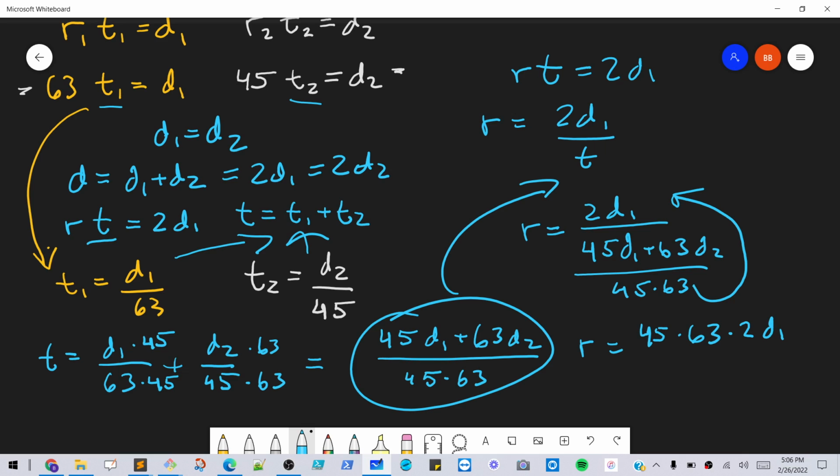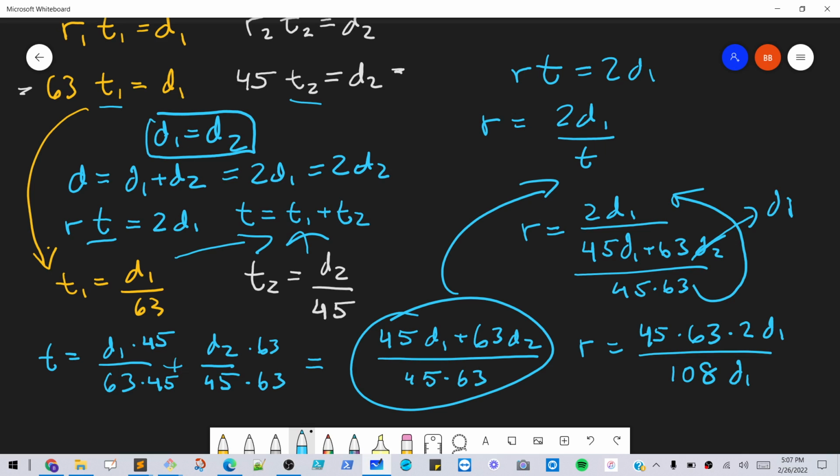And on the bottom, we're going to use the fact that d1 equals d2. So let's change this d2 to d1. That means we can just add these together, so we're going to end up with 108